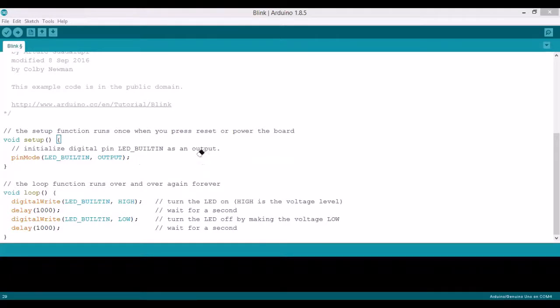So now your board pin number PB5 is set as an output, which is already done here. Then we can move to the loop function, or the while loop, which runs continuously. Now, if you look at this digitalWrite LED_BUILTIN HIGH, it stands for